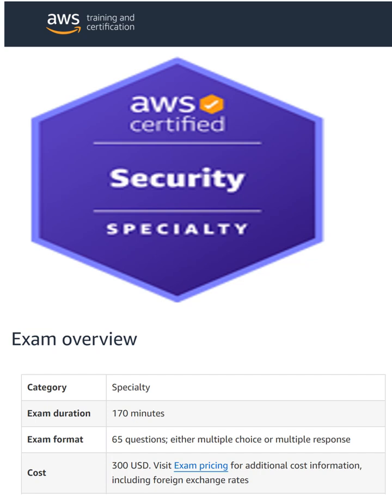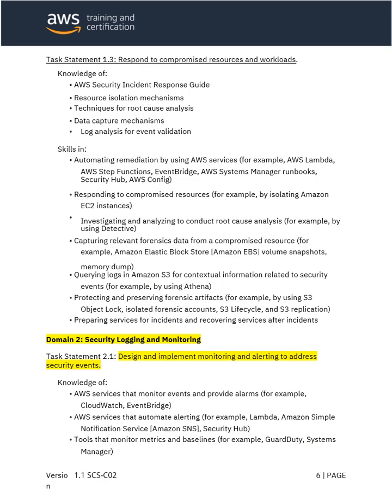These slides are from the AWS portal to explain to students the process and the procedure for how to clear the exam. I will explain further. In domain 1,